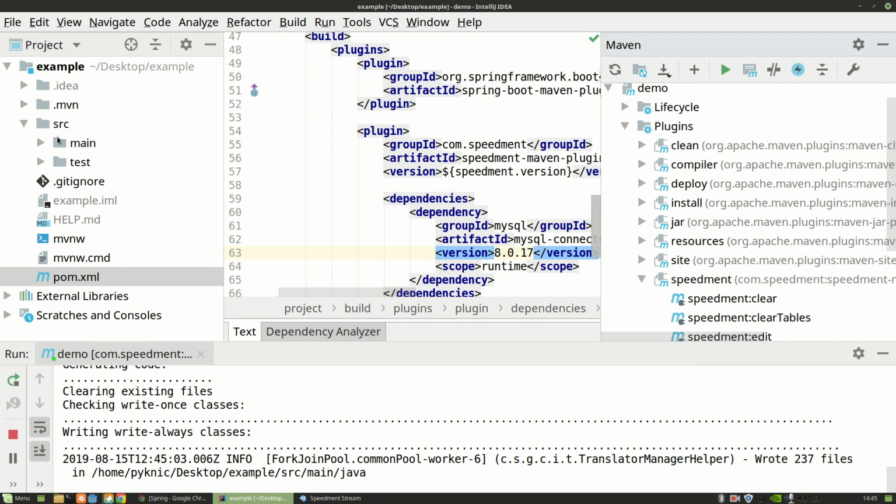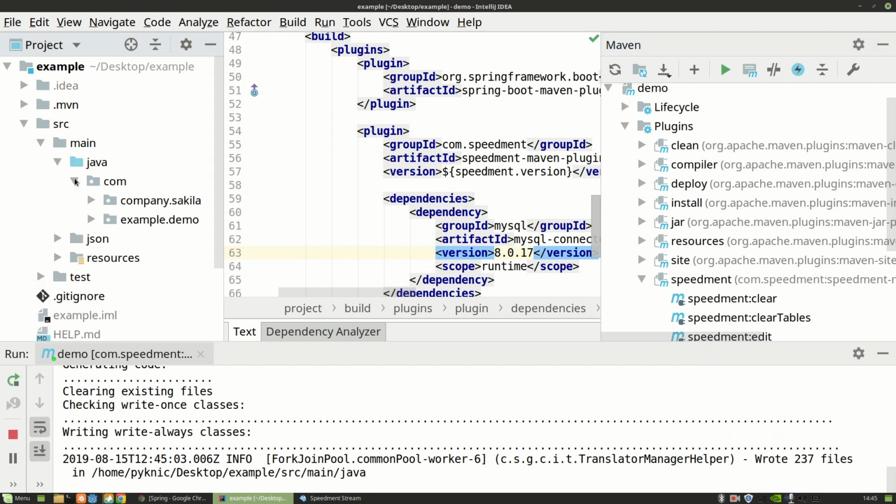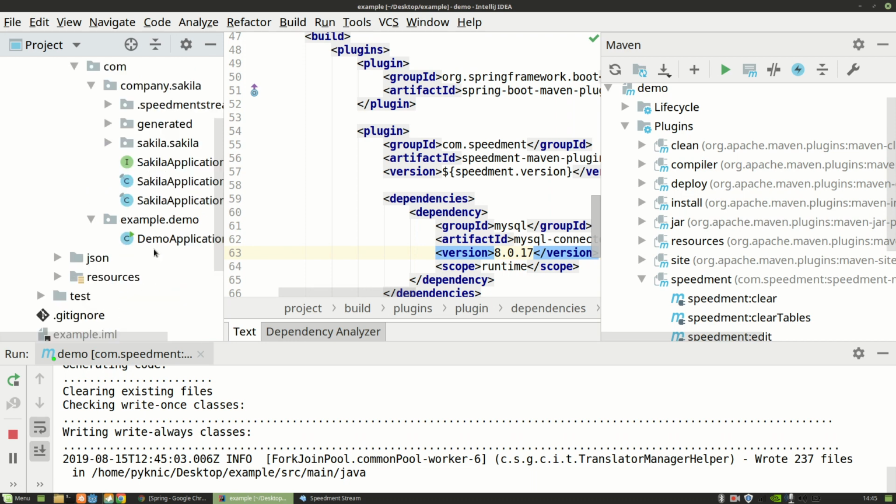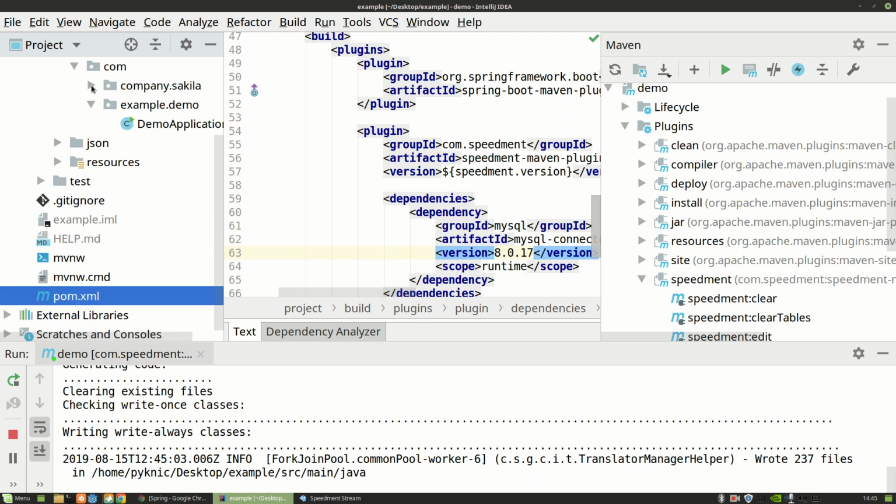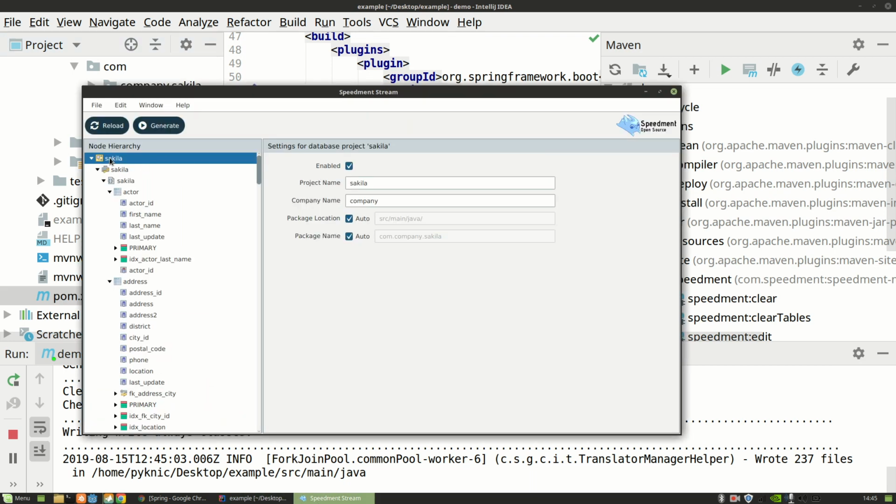And if we move back to our IDE and expand this, I now have the example demo where the Spring demo application is located, but I also have this company Sakila, which contains all of my database classes that Speedment has generated by analyzing the metadata in the database. But here is a problem, because Spring uses class path scanning, so Spring can't detect these since they are located in a parallel package. So to fix that, we need to go back to the GUI, and then make sure